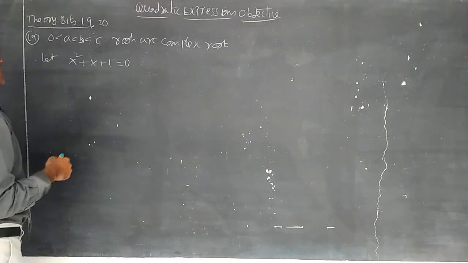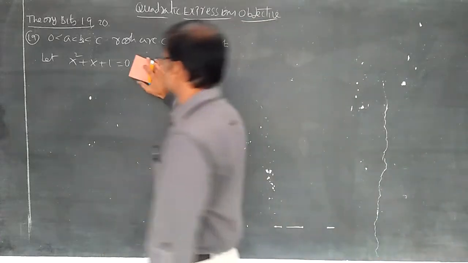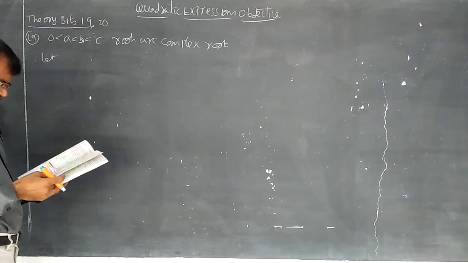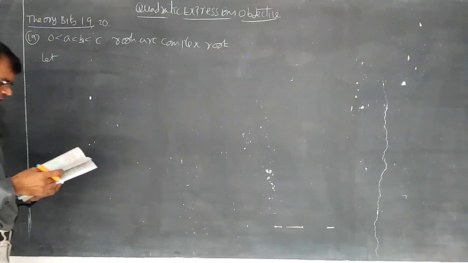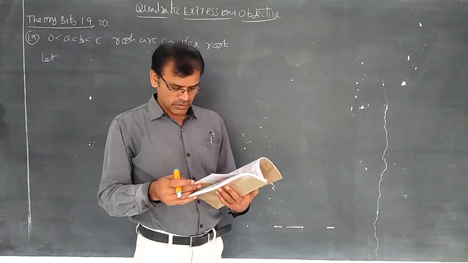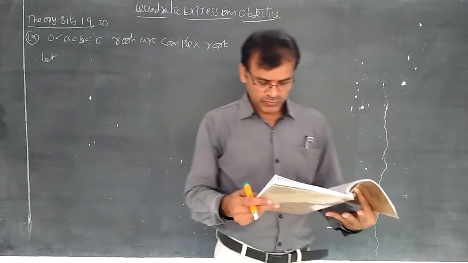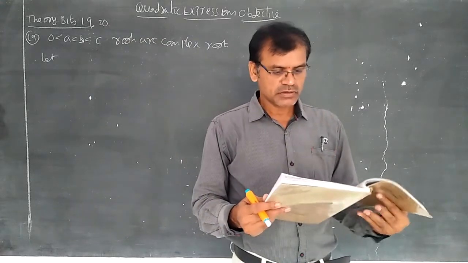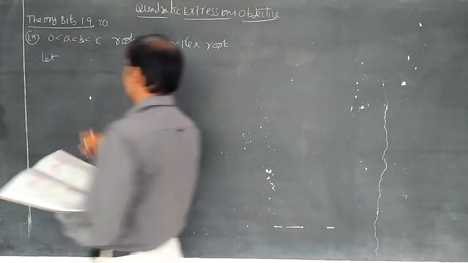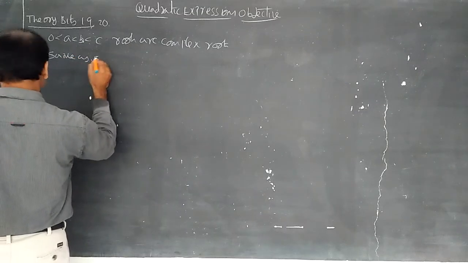He is asking about a less than b less than c, so different roots you can imagine, x square plus 2x plus 4. In the previous sum we have used the question as squaring, where the roots are in GP. We have done the sum where a, b, c are in GP, in the theory bits. Same as the fifth question we can find.